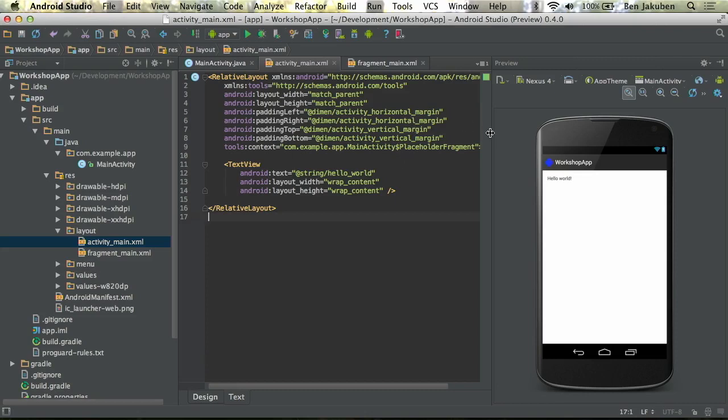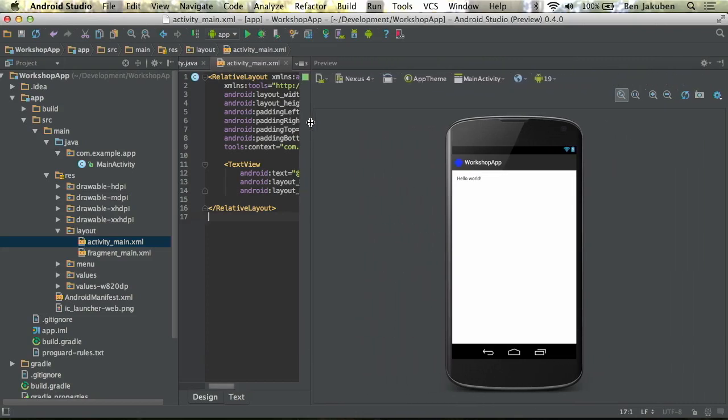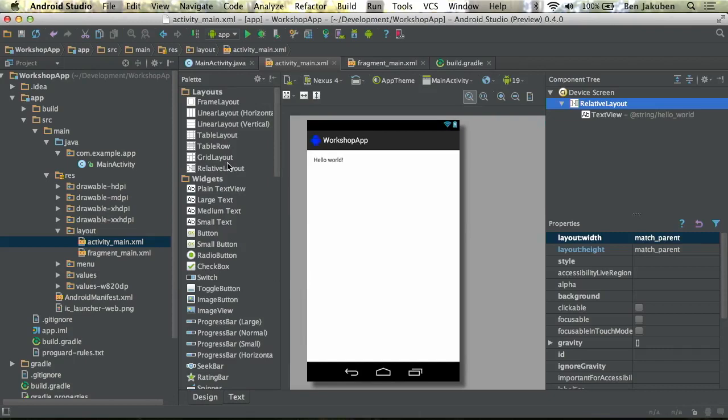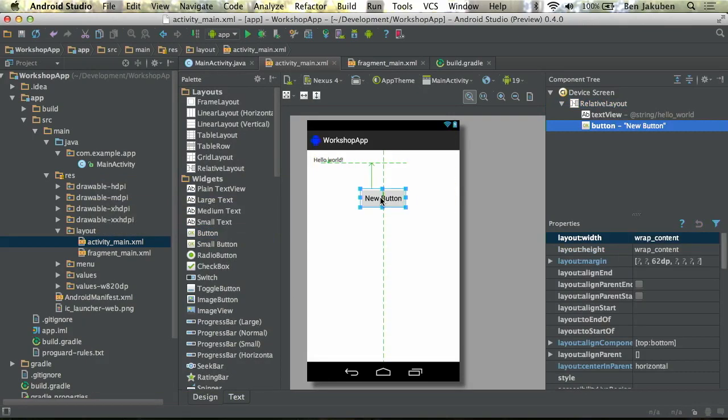Okay, so while we're in here with the layout, I'm not going to run this at this point, but you can see the graphical preview is pretty nice as we add elements. Let's do that. Let's add a button. Come over here, and you can see there's a palette that has all these different controls, which is, again, similar to what we see in Eclipse or IntelliJ. And if we pull the button on and switch back to the preview,